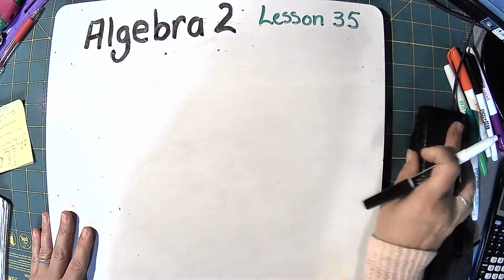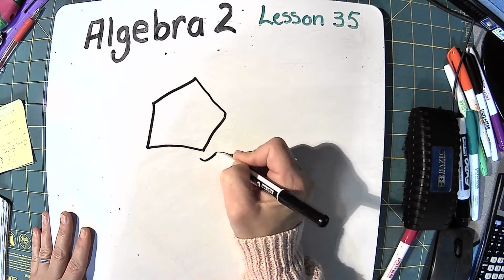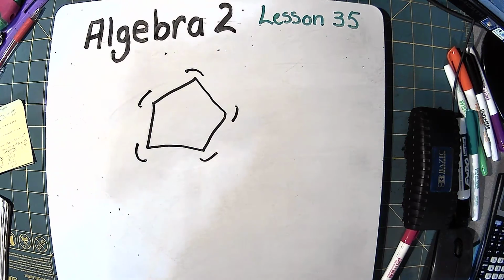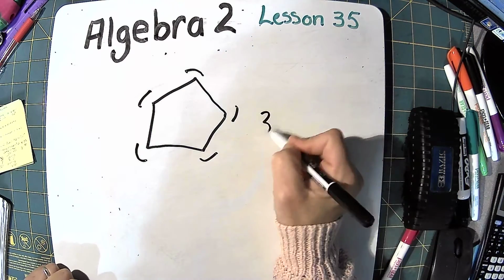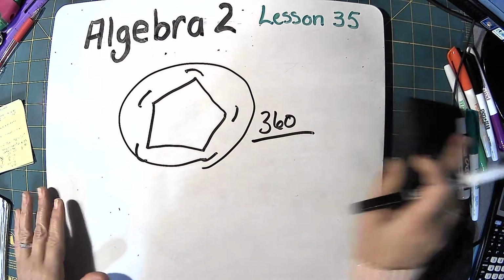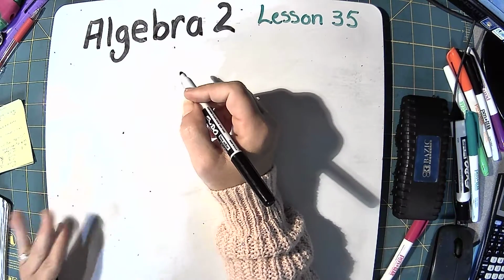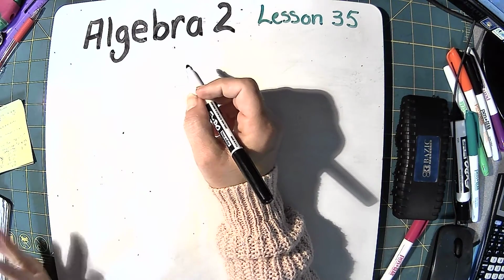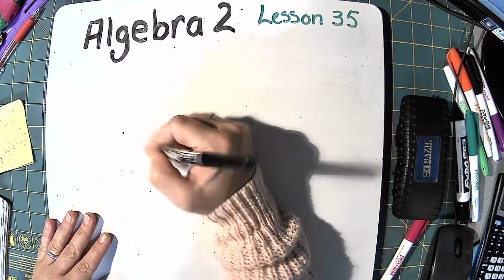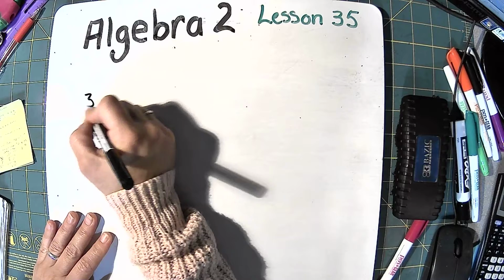Now, what if we have more sides? Well, if we go around, you'll see that every single one of those exterior angles still has to equal 360 because we just went in a circle. So the measure of all the exterior angles on any figure is always going to be 360. I don't care if it's got 20 sides. Those angles are always going to add up to be 360 because it makes a complete circle all the way around. All right, so 35.1